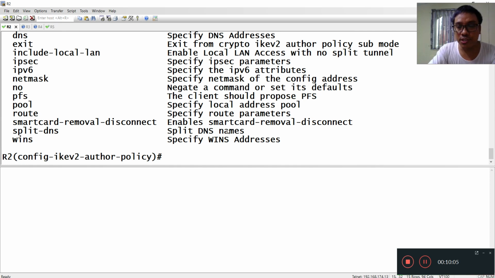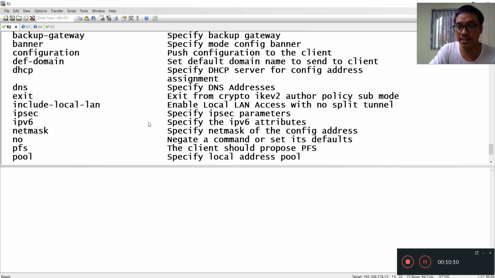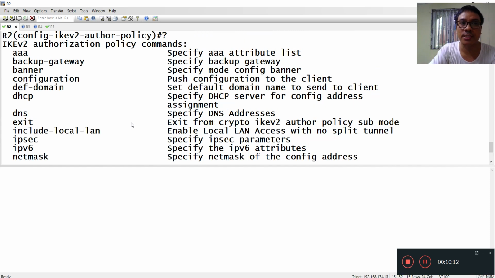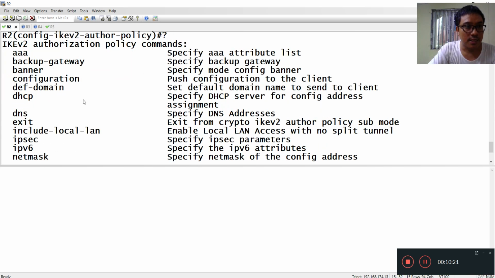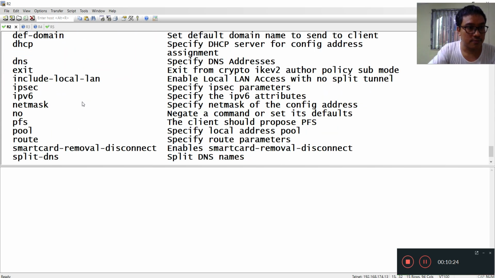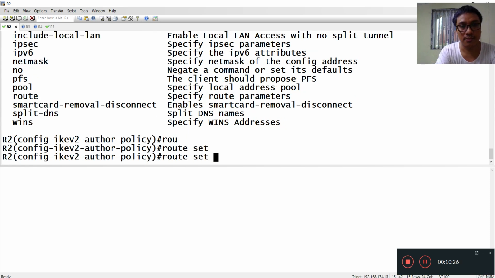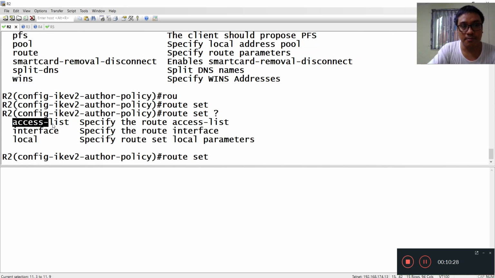If you don't want to use a dynamic routing protocol on the FlexVPN network, you need to configure IP SLAs to exchange route information, and then you need to define your SLA under the authorization policy. But I'm planning to use the dynamic routing protocol BGP on this network, so I don't configure route set SLA.